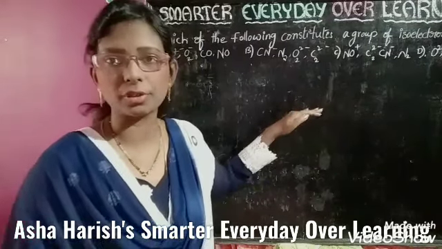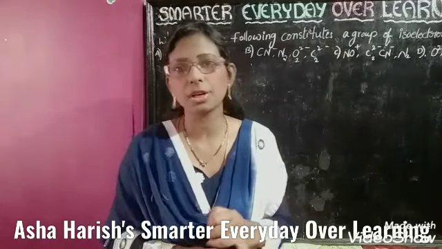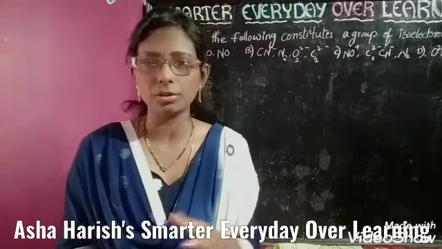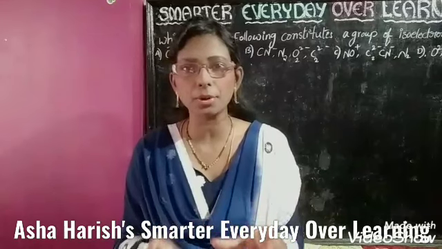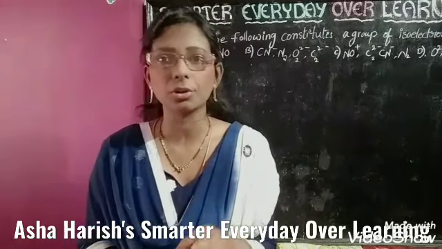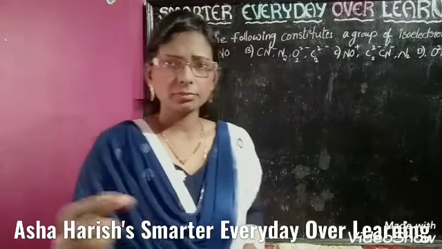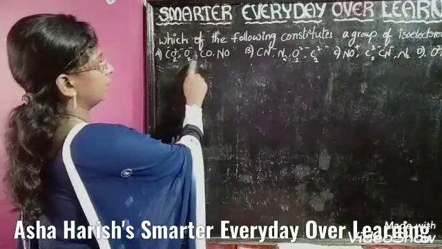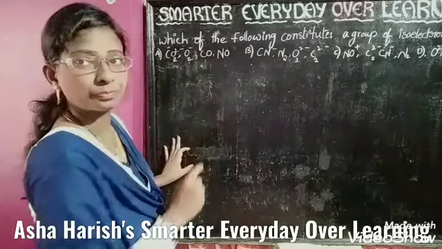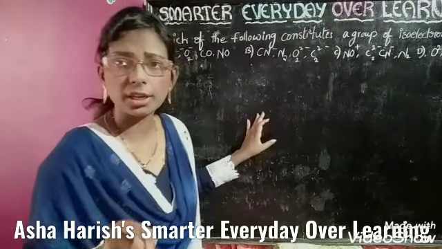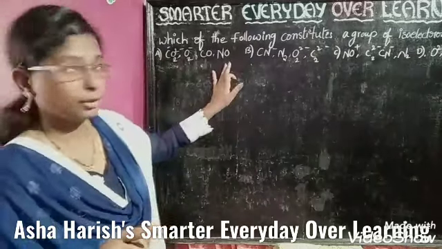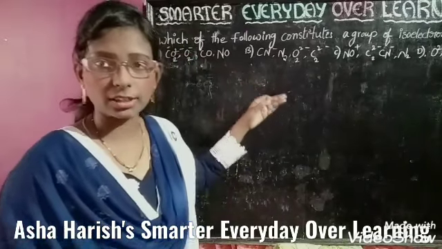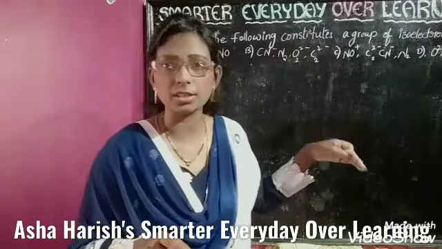So students, before going to do the solution for this, you have to know what is meant by isoelectronic species. Chemical species, atoms or ions or molecules, which have the same number of electrons are called isoelectronic species. Did you understand, students? That means, first suppose CO2 2 minus, O2 minus, CO and NO. Here if you calculate the electrons for all these, you should get the same number of electrons. Okay students, I'll start the explanation for this.